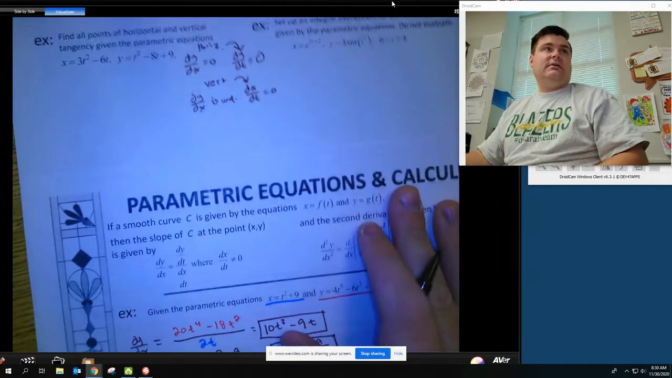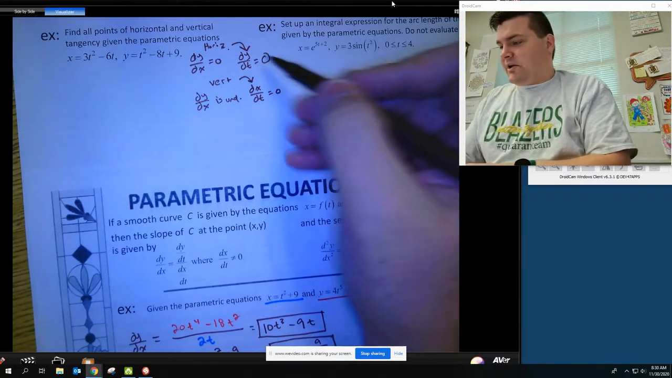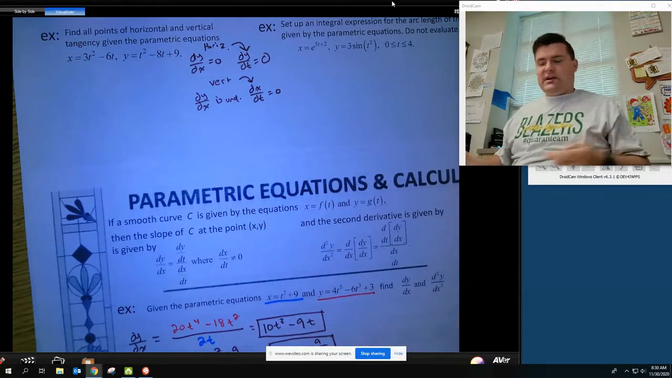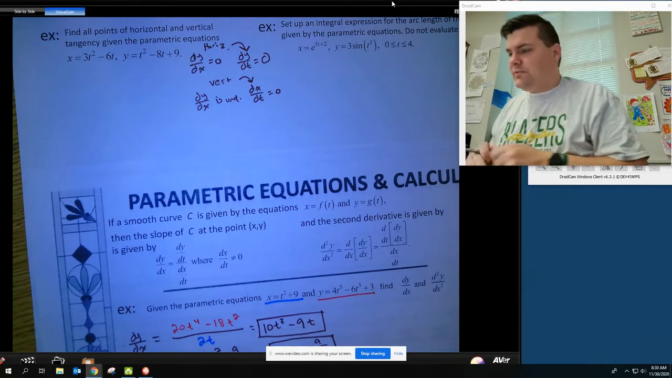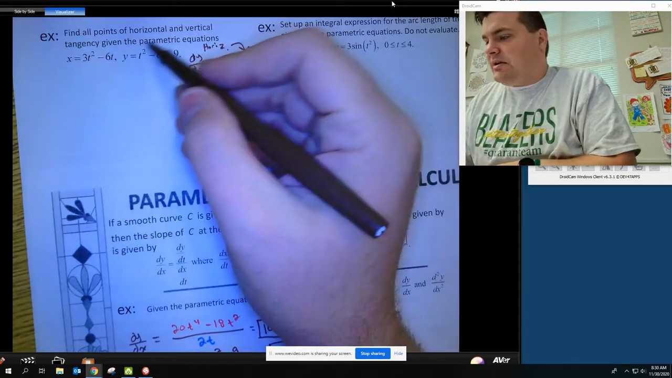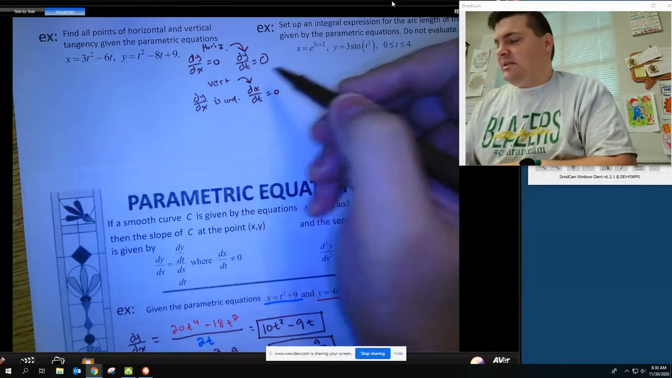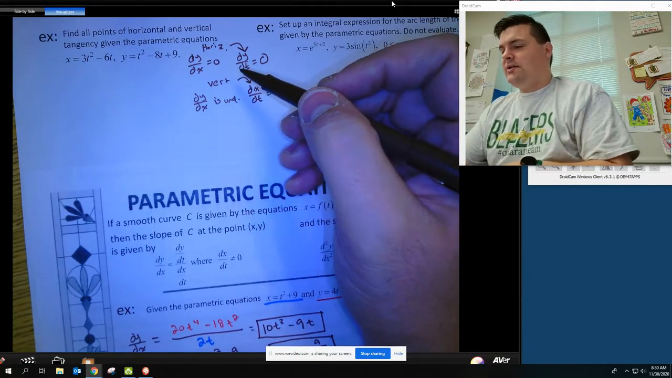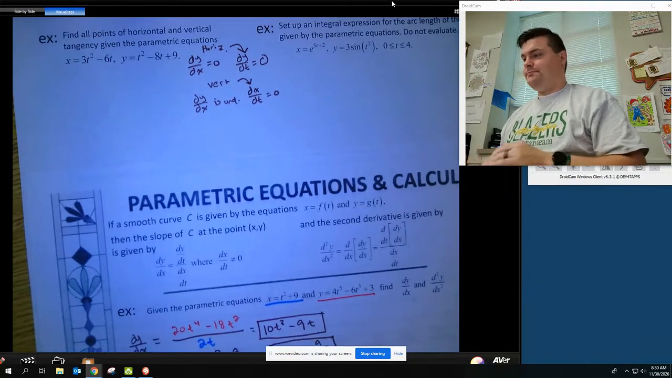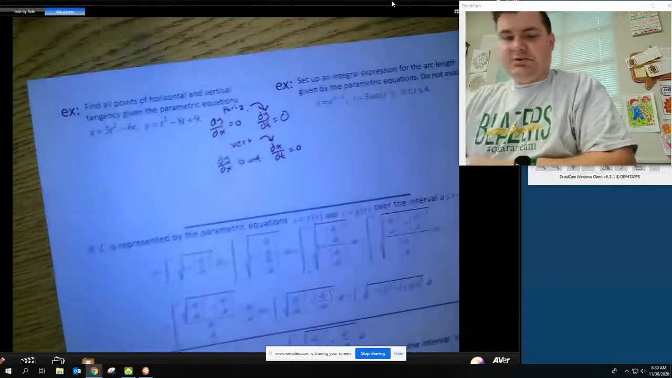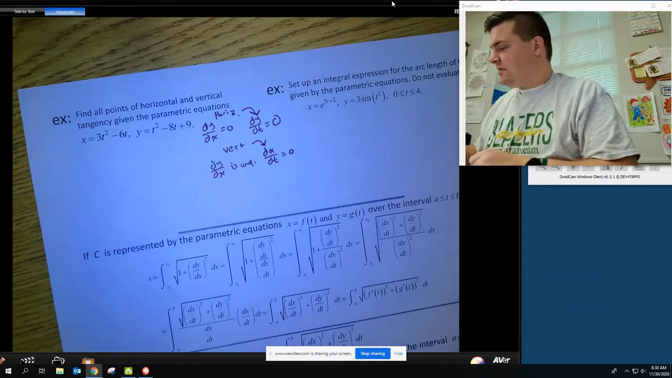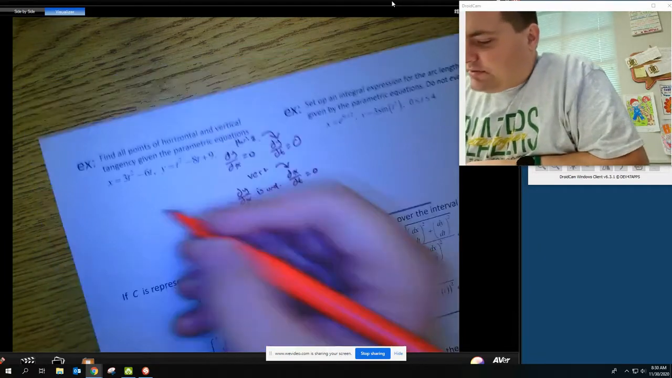Okay? So if I find dy/dt and set it equal to 0, that's your horizontal point of tangency, and then set dx/dt equal to 0, that's your vertical point of tangency. Okay, so let's do it. So for horizontal,